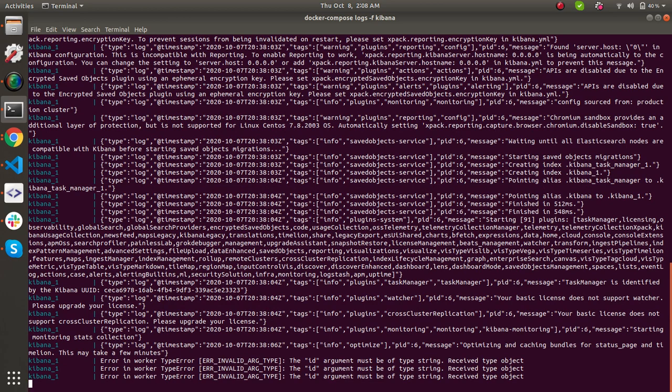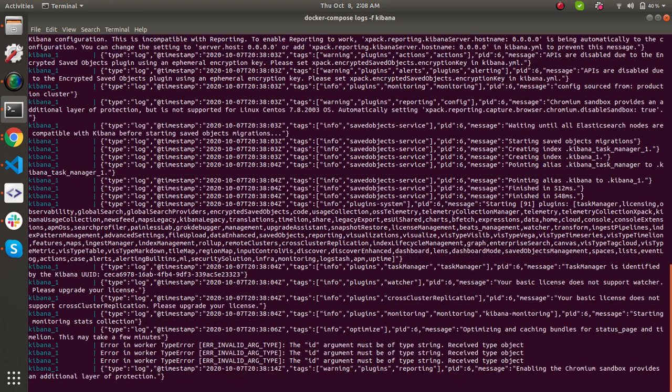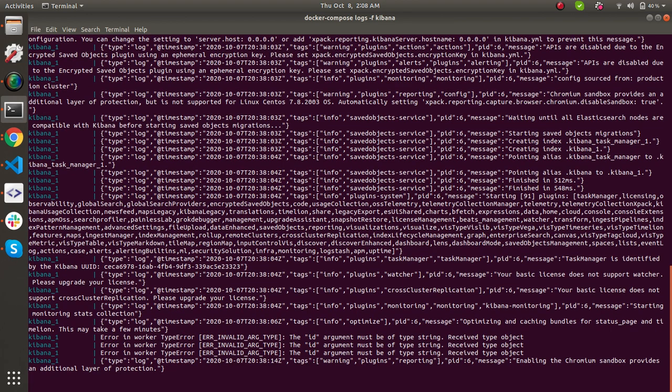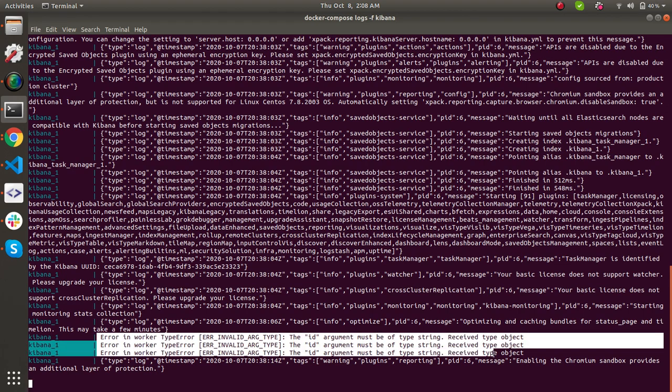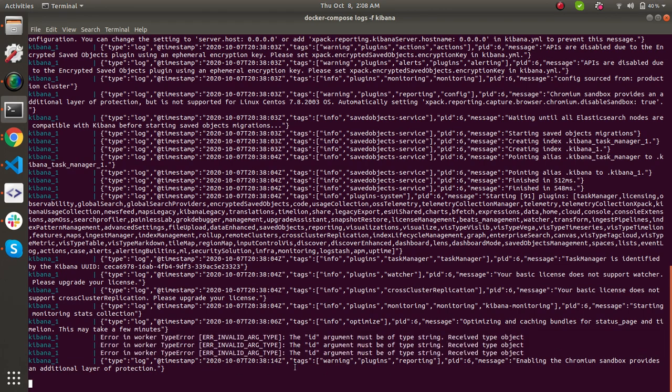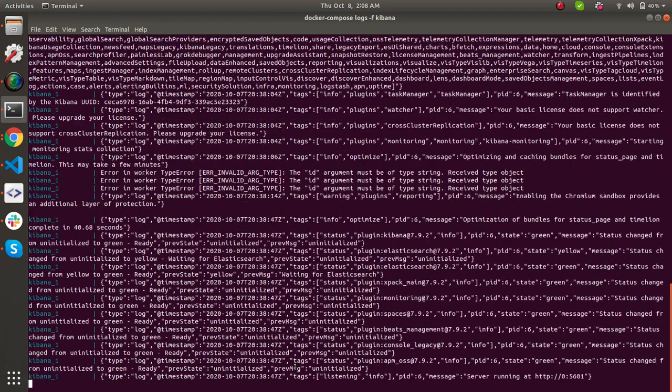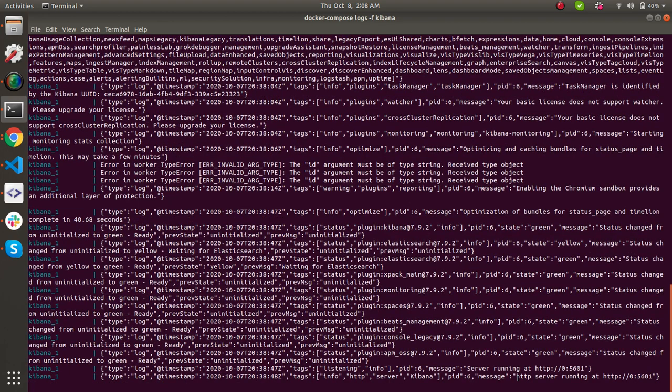It takes a few minutes to start up and connect to our Elasticsearch container, and once it does, you should see the message in the logs. So let's wait till it does that. By the way, these are some messages that you can ignore. Yeah, so our server is running on HTTP port 5601,